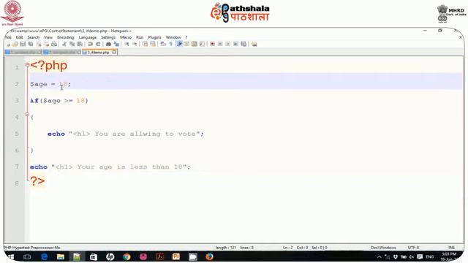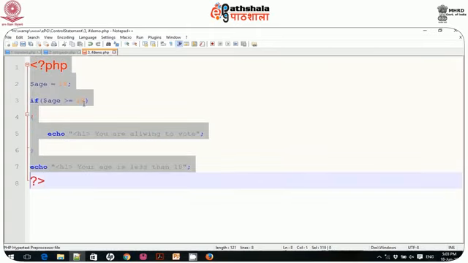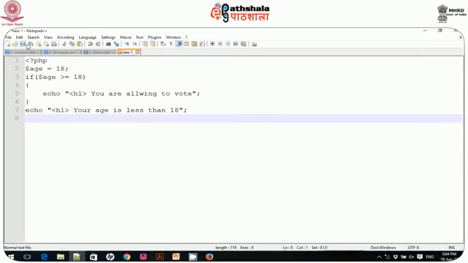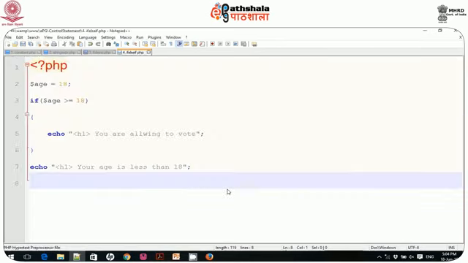And as I say, you can write if, then else if, and multiple things also. Here I use some logical operator. Let me copy paste the same code and create a new program. Save as, I give it the name if else if dot php.